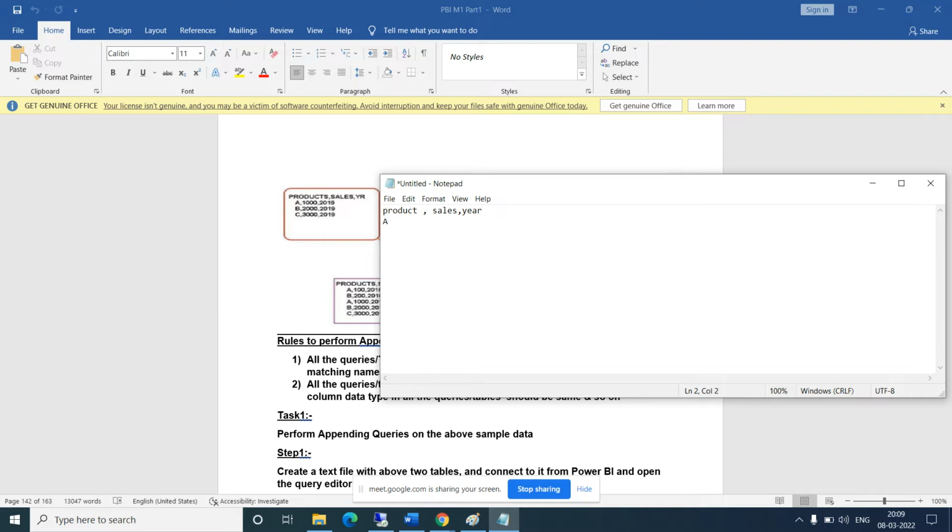A 1000 2019, B 2000 2019, C 3000 2019. Okay, so this is the first table.